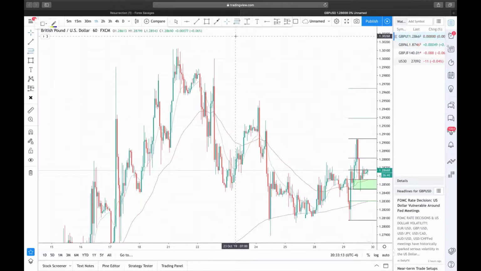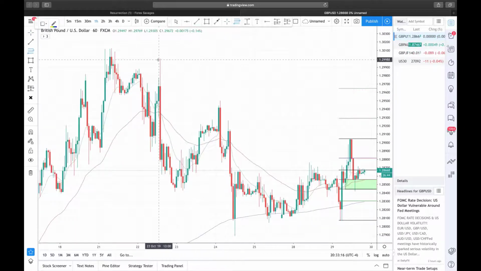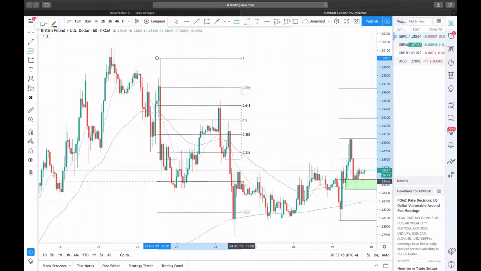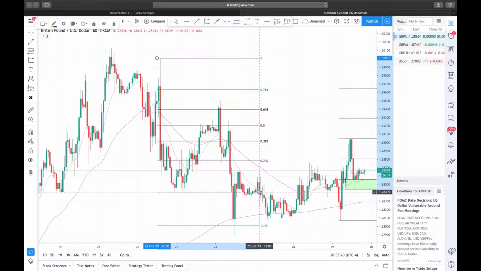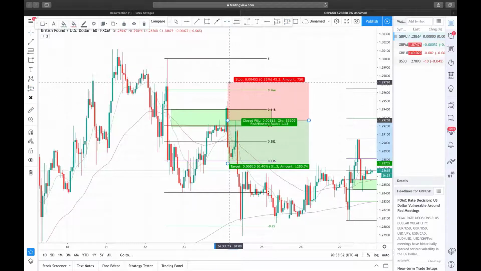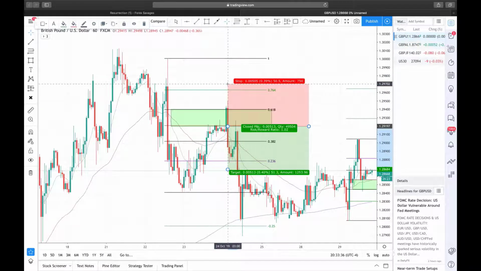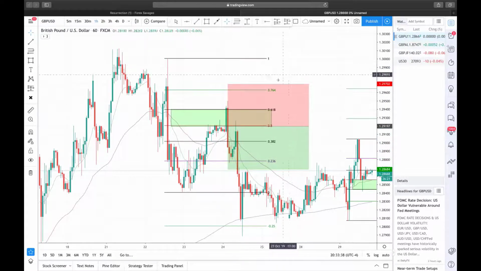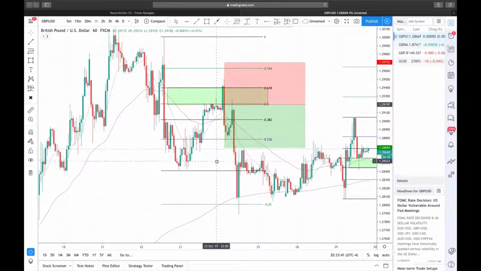I grab my Fibonaccis and I run them from right here to here, from that wick to the bottom of this wick. We highlight our 50 to 618 zone where we will be selling with our 50 pip stop loss. Put 50 pips right here, and I'm going to explain to you these zones right here, the 23, the 0, and the 25,